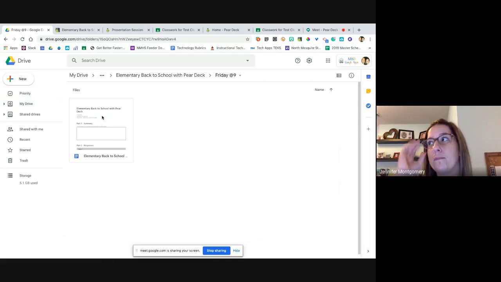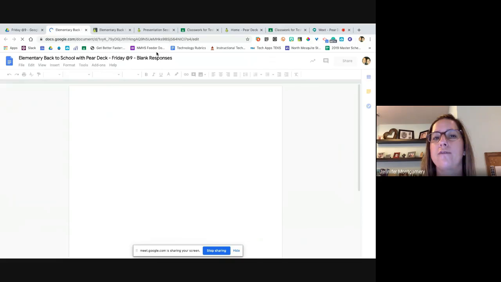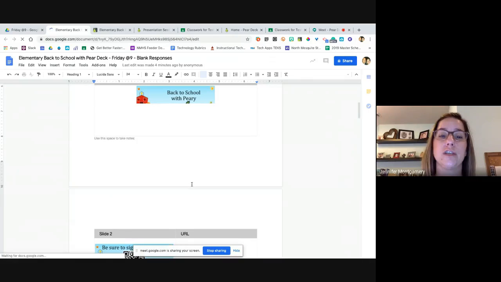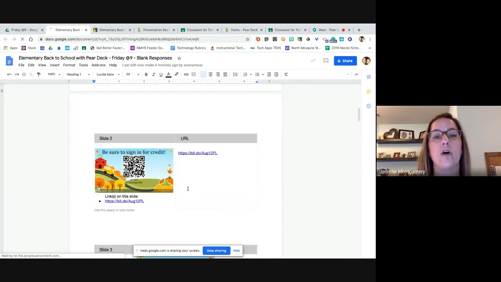If you do set up one student session and call it no technology session, it'll pop up, and then you can pull this one out, and it's a blank one that you can then print off. See, with blank responses right here, you can print this off for your students who don't have technology, where they'll still be able to get the Pear Deck that you did, and